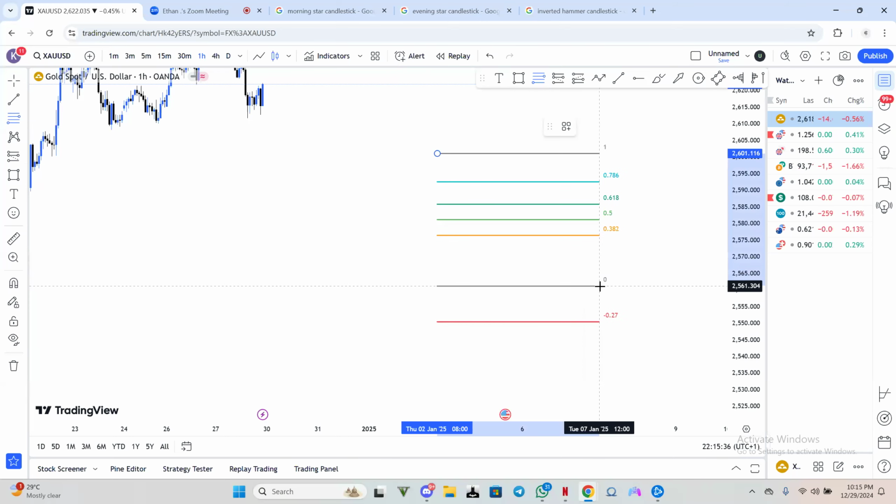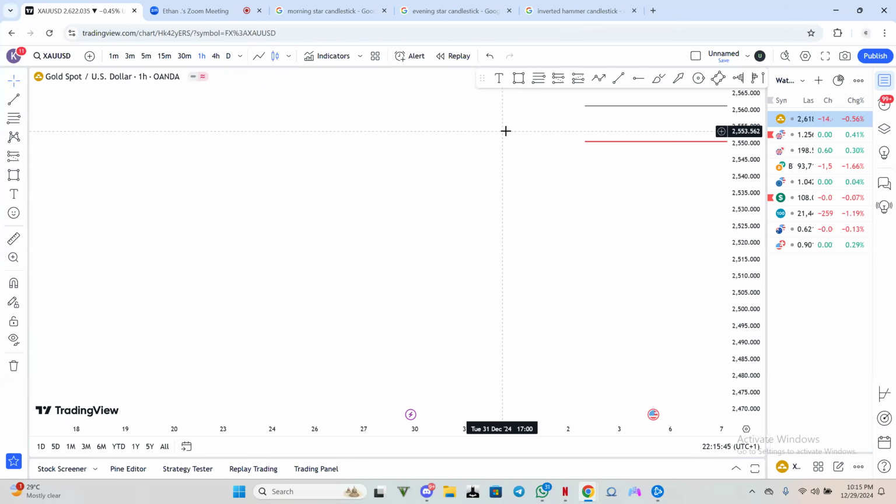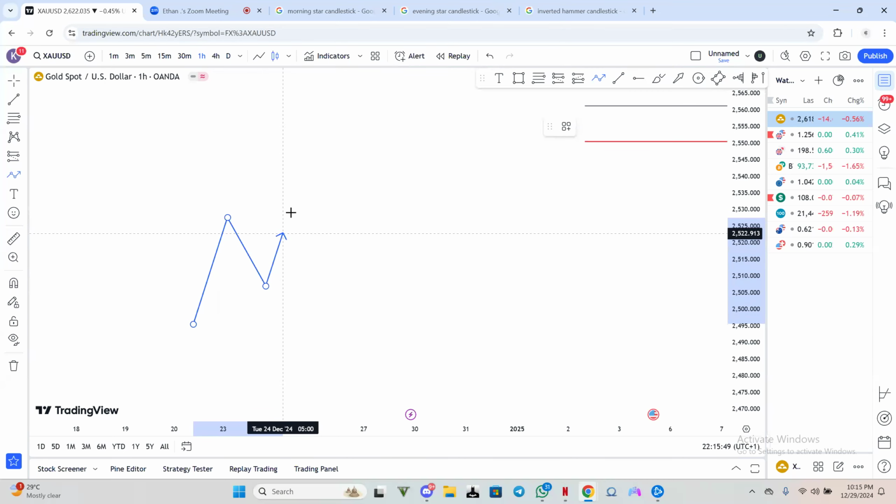Price often respects the 0.5 to 0.6 level. It's called the golden level in Fibonacci. That's where price action often respects the golden level. So now, let's say you are buying in an uptrend, your Fibonacci will be from your swing low to